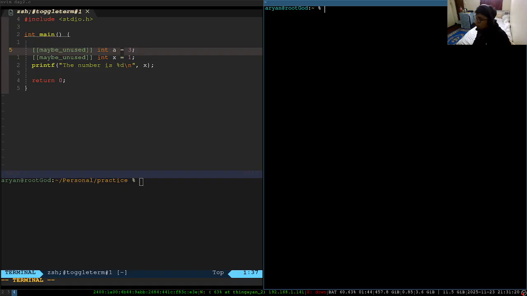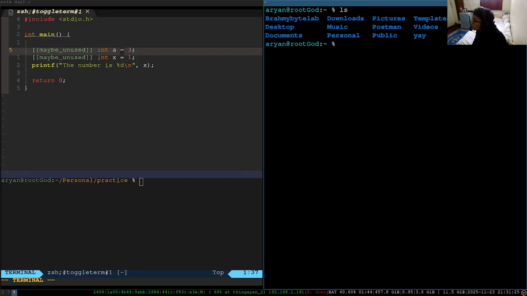I haven't set up my tmux yet. That is why I have to open the